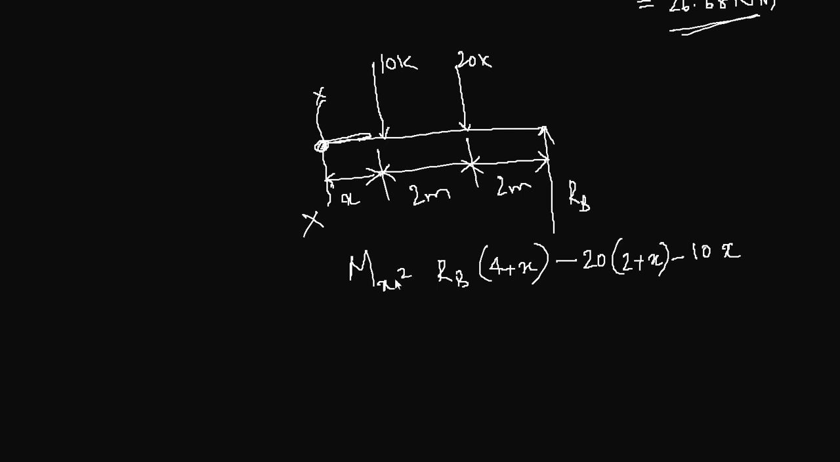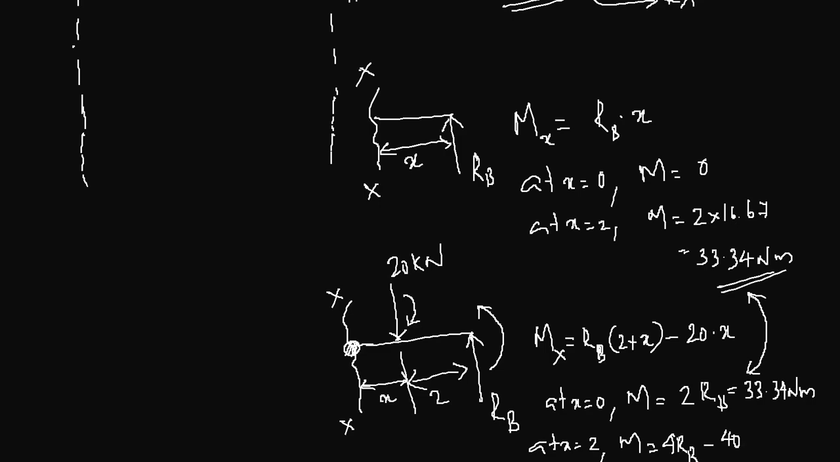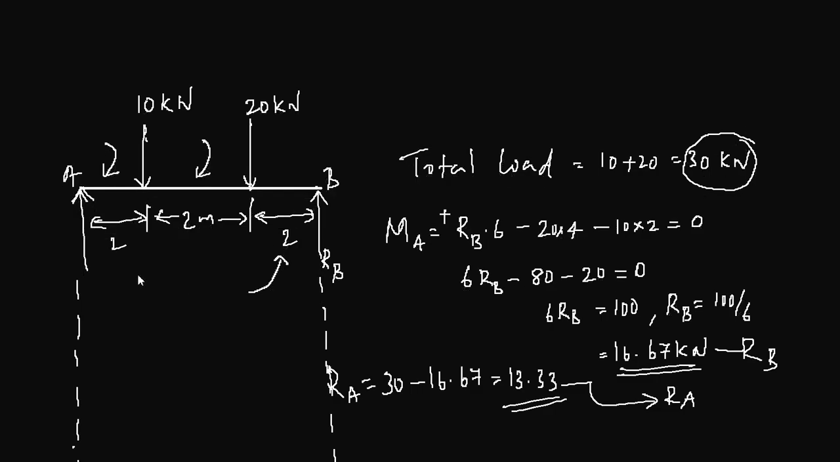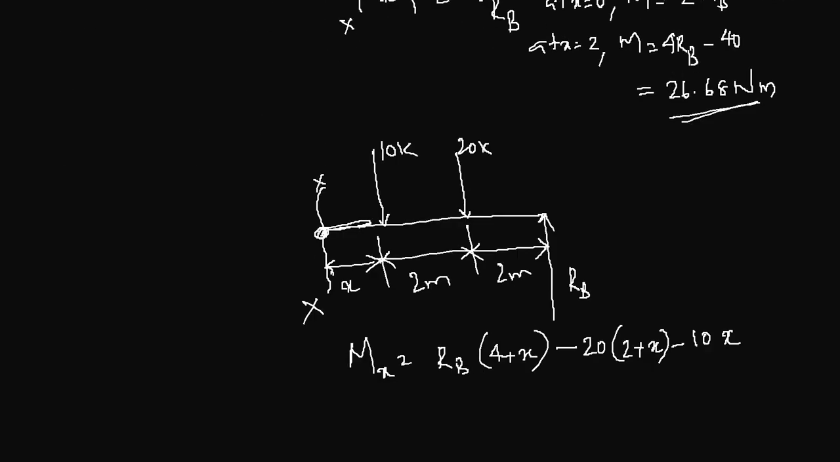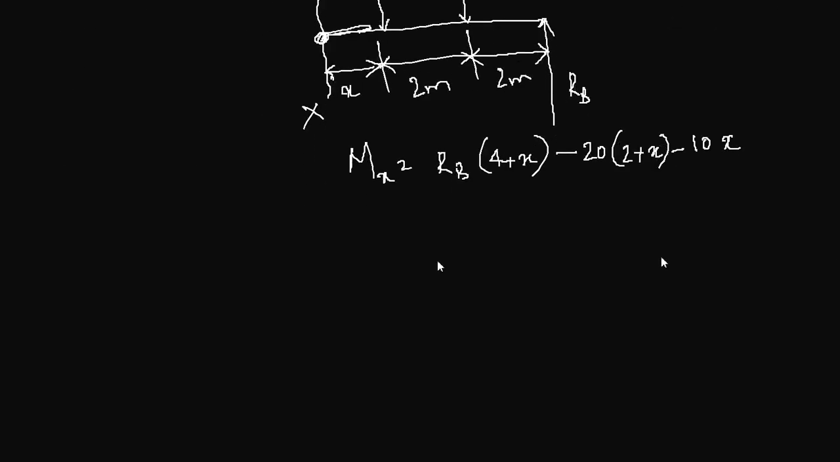So as in the previous cases, x varies from 0 at this point to 2 at this point. So the minimum value of x is 0 and the maximum value is 2. So you apply the limits of 0 and 2 for x. So at x equal to 0, moment will be